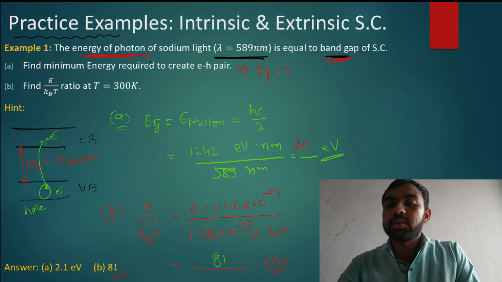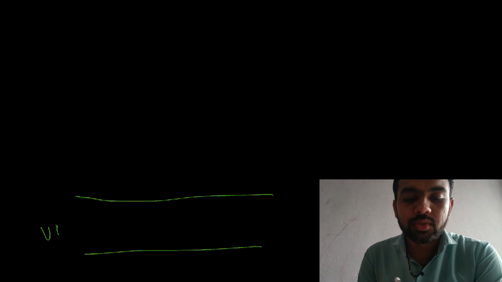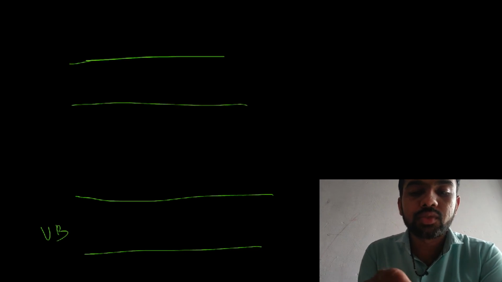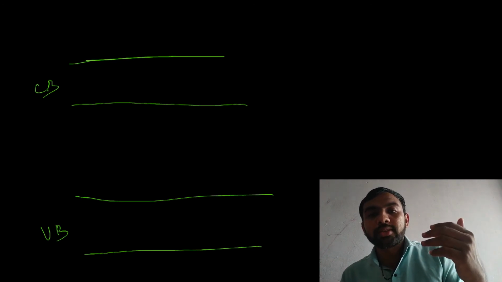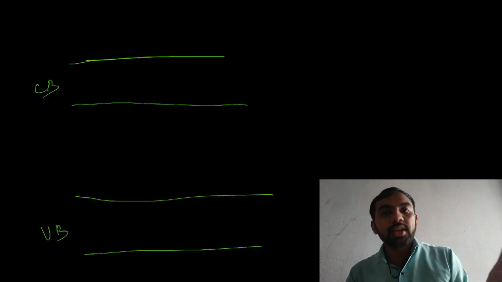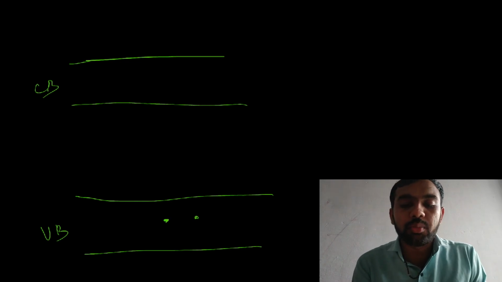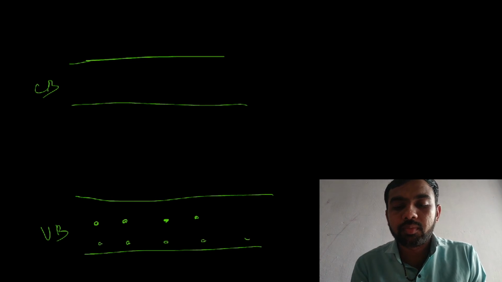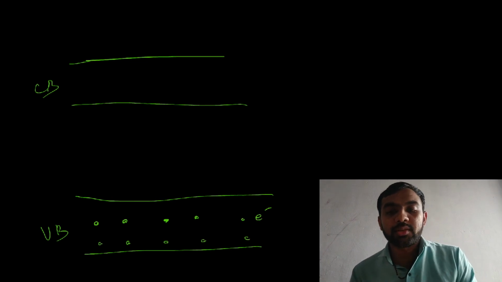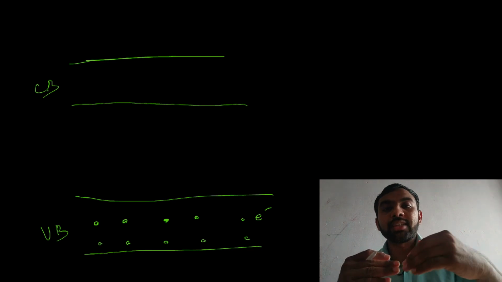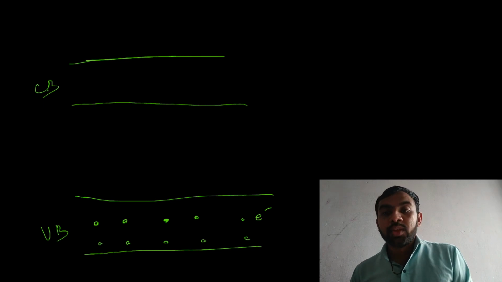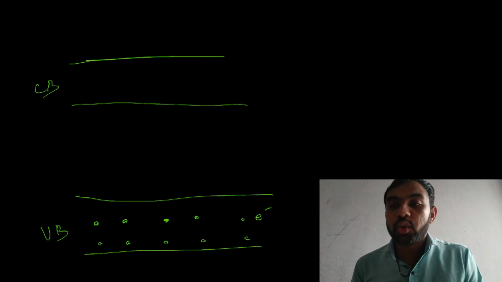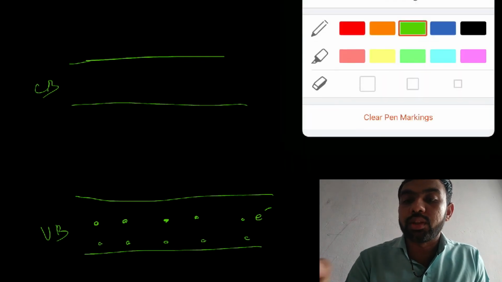Okay, one additional note you must remember. Suppose this is the valence band and here it is the conduction band. So generally electron-hole pairs are created. Generally electron-hole pairs are produced because of temperature. If you increase the temperature, then some of the electrons present in the valence band jump from the valence band to the conduction band by receiving thermal energy. There is another way to produce the electron-hole pair. Which one?